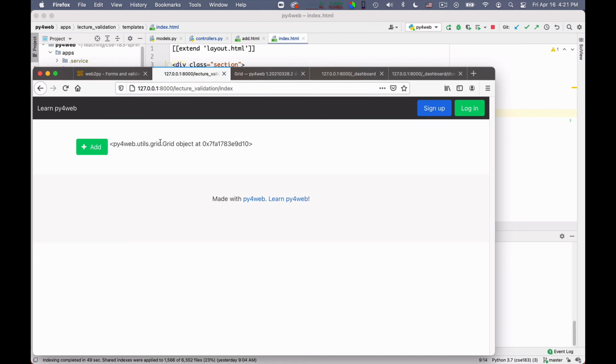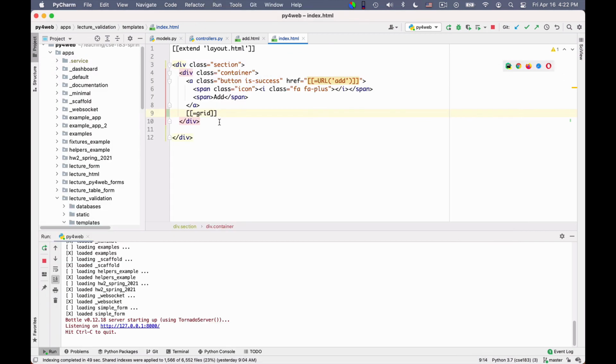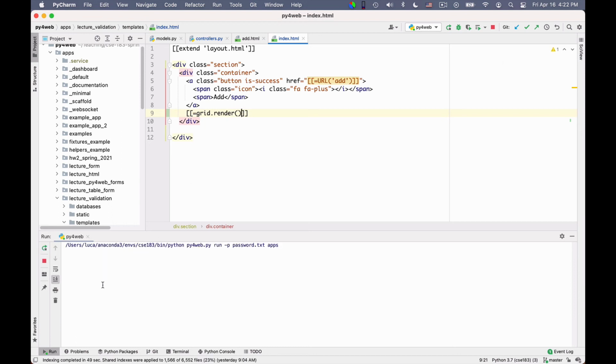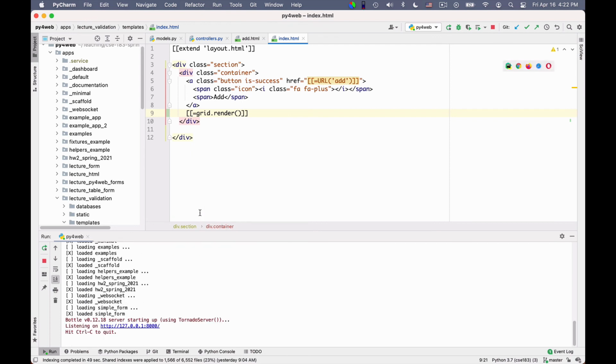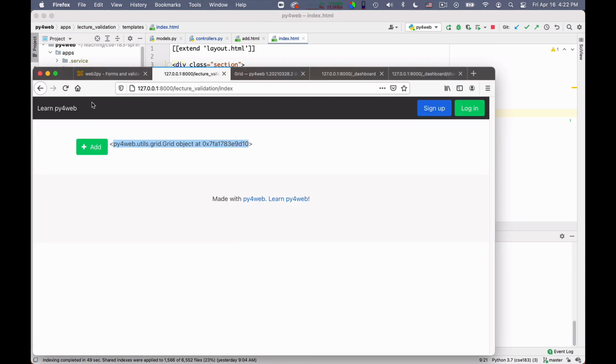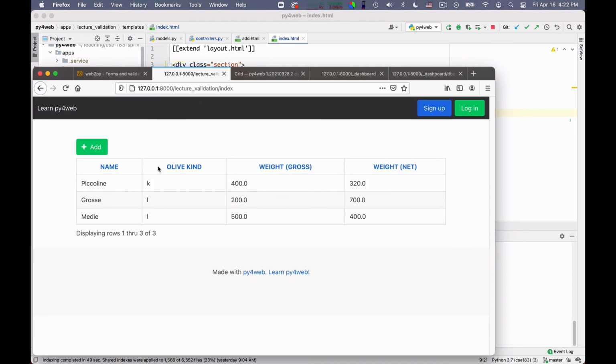Oh, and I get this. This means essentially that it has put the class there, but it hasn't done anything. And this is completely my error. I just want to show you how it looks. It has laid out, it's a grid object, but this is because I'm used to Web2Py, in which you could do that. Now I have to say here grid.render. And this renders the grid. It was just my mistake. I wouldn't have needed to reload if I changed just the template. But if I go here and now I reload, I actually see the grid.